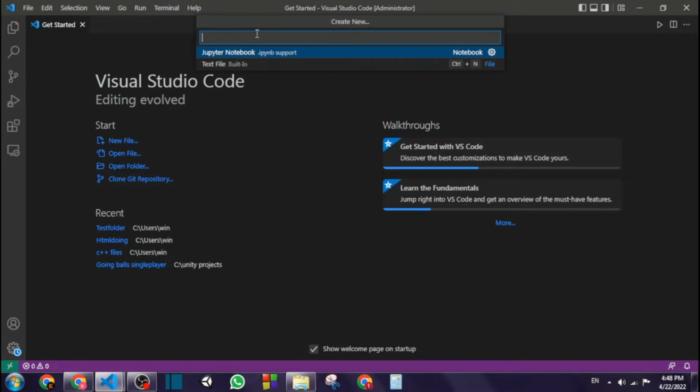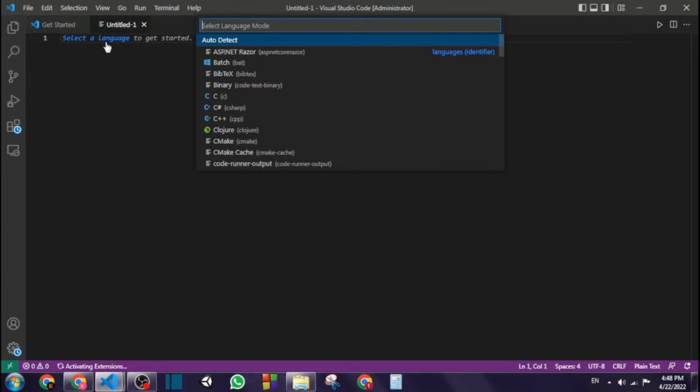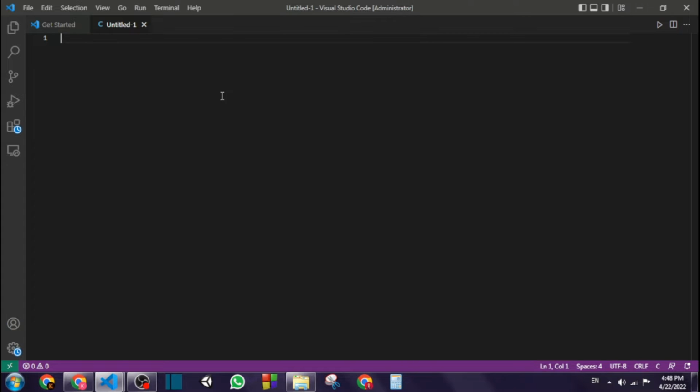Let me open a new text file, select the language C, and if I make int a is equal to, let's say, 10. So see, the int is our data type.